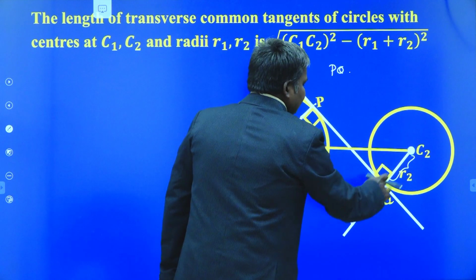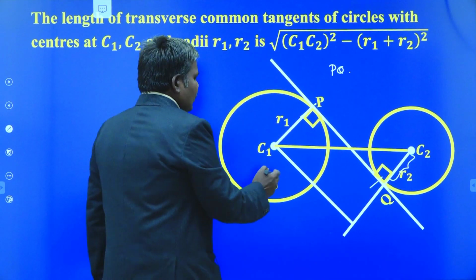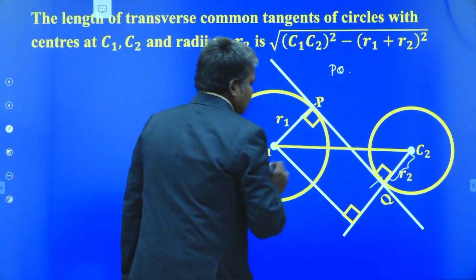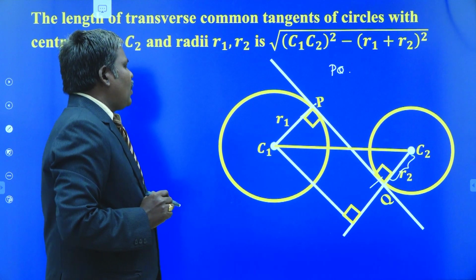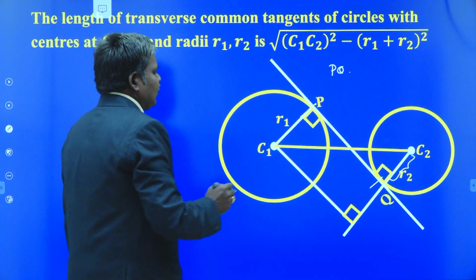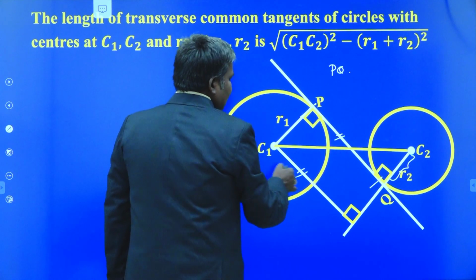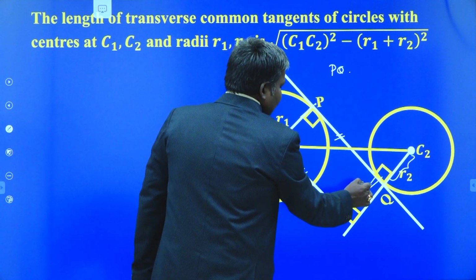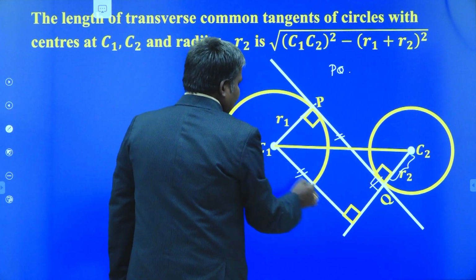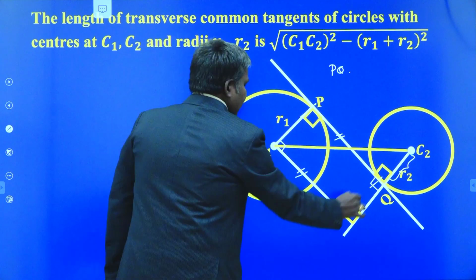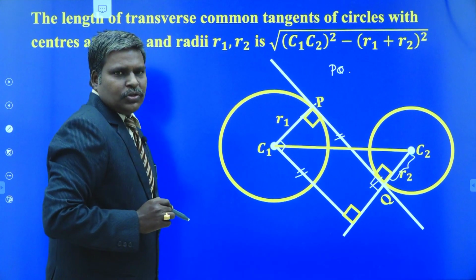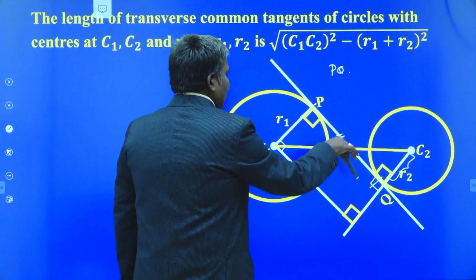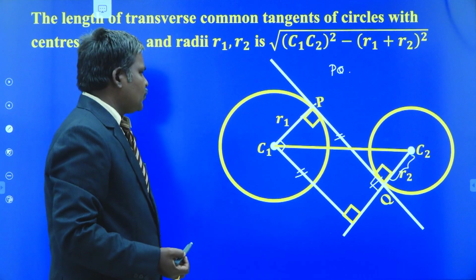Now just join the centers C1, C2 as shown in this figure, and draw one perpendicular from C1 to the line C2Q. This is the perpendicular, 90 degrees. Now observe this figure. How to obtain the length PQ? My question is, are these two lengths equal or not? Because this is 90 degrees, automatically this is also 90 degrees. 90, 90, 90, automatically this is also 90 degrees. So we can frame a rectangle. In a rectangle, opposite side lengths are equal, and the distance between two parallel lines is always the same. In this manner also we can conclude.